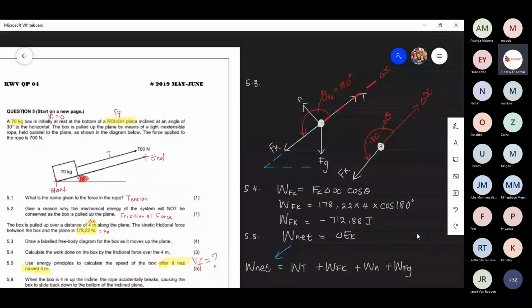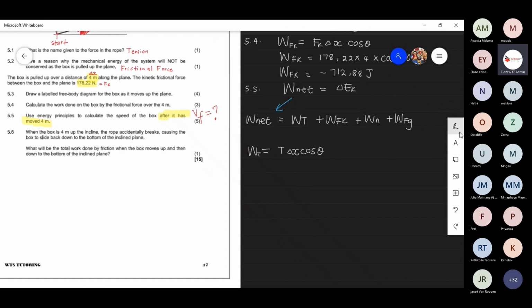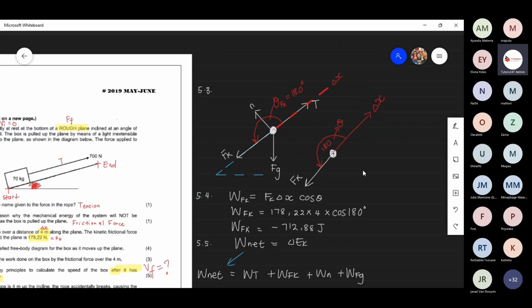So we can see the tensional force is 700 newtons. So let us substitute 700 newtons times our displacement, which is 4 meters, times cos of theta. Now let us go and have a look at our free body diagram and have a look at what our value of theta is for